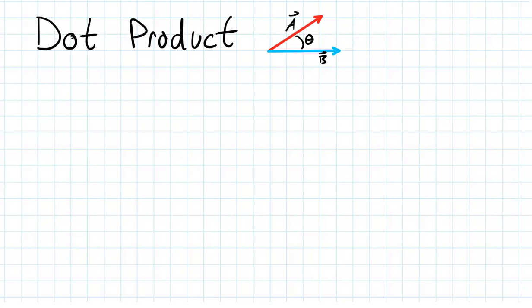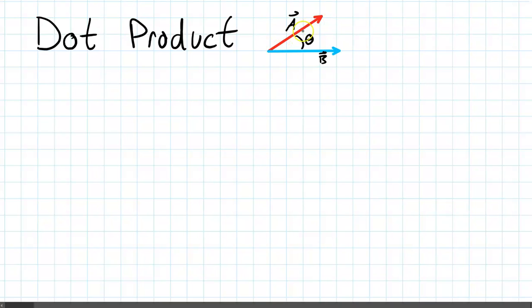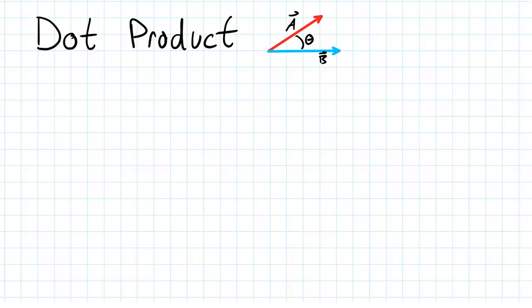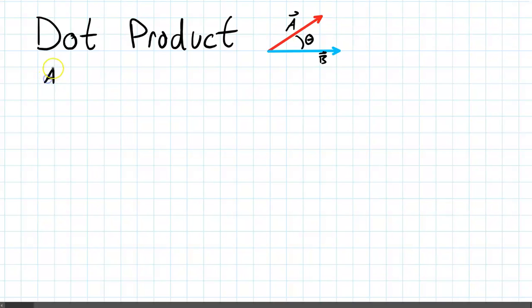Alright, so up to this point we've talked about addition and subtraction for vectors. Now what about multiplication? Just as with addition and subtraction, we had to take the directionality of the vectors into play. The same thing has to happen with multiplication. So this is where the dot product comes into play. The dot product can be defined